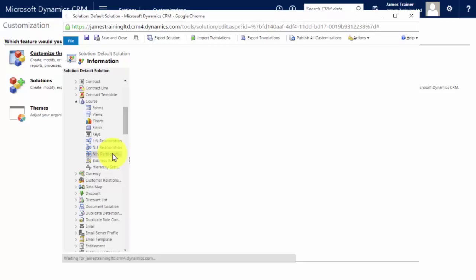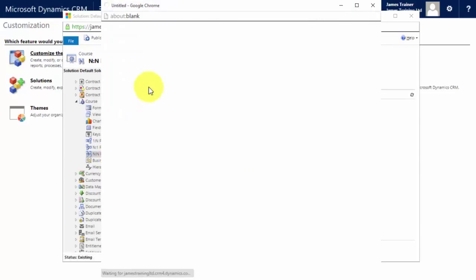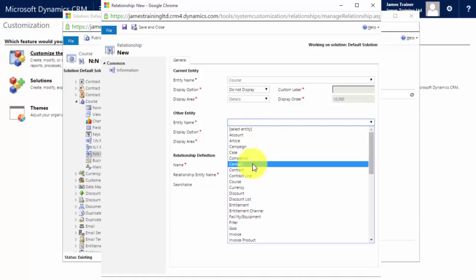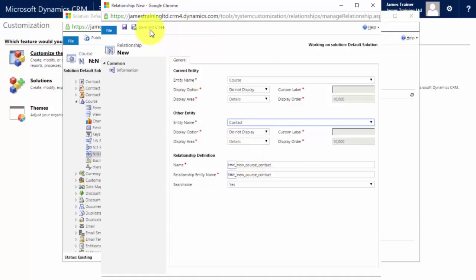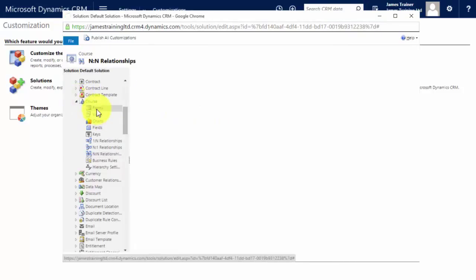So I'll click on many-to-many relationships, and here, where it says new many-to-many relationship, I click that, and this allows me to set up the relationship between my course and my students, and my students are recorded in our setup as contacts. Now that our relationship has been created between our contact and our course, I can then go back and insert